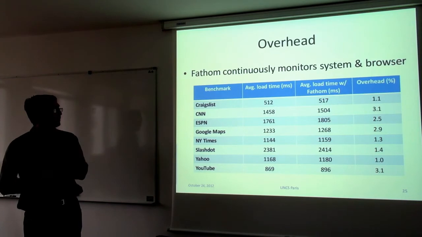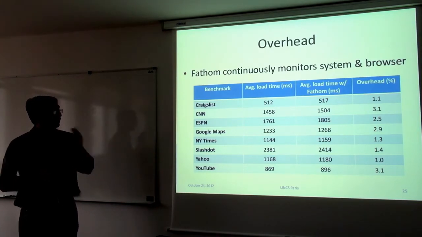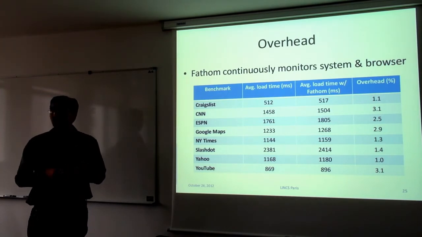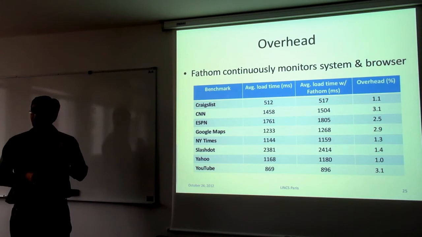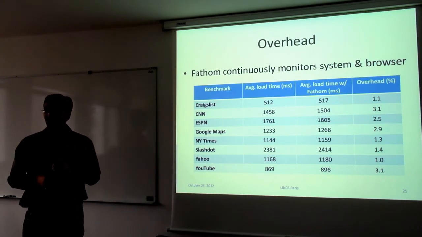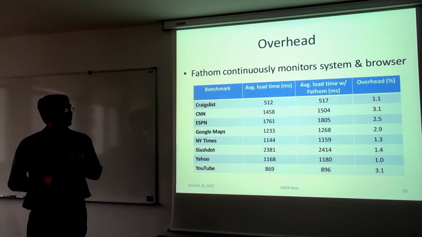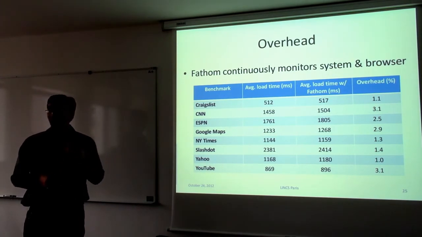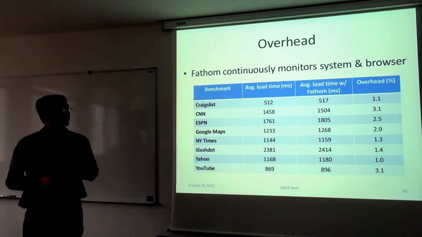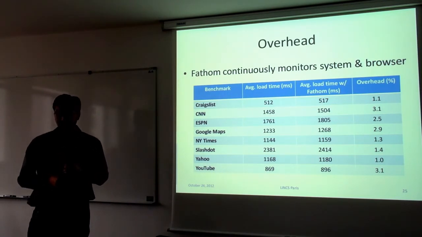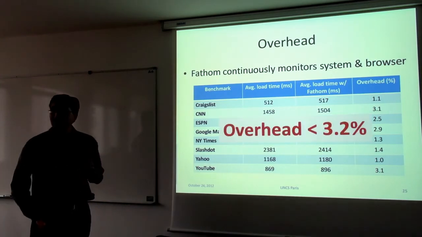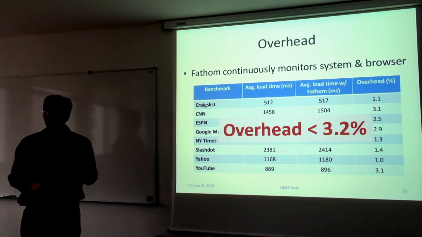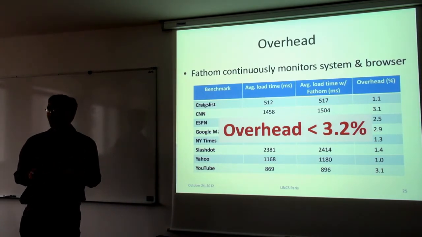Now the first column in the table shows the set of benchmarks that we used. The second column shows the average load time for each of these benchmarks in a normal web browser. The third column shows the average load time for each of these benchmarks in a browser enhanced with Fathom. And the last column shows the relative overheads for each of the benchmarks. Now across all these benchmarks, the average relative overhead is less than 3.2%, which is typically imperceptible to end